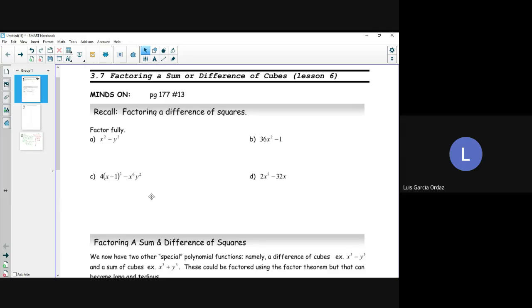So with that said, we are getting into the last lesson of Unit 2. We're going to be factoring a sum or a difference of cubes. This lesson is going to be a pretty short one, so you guys will probably get to leave